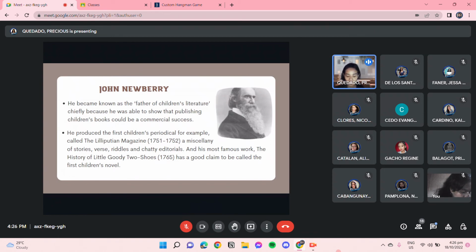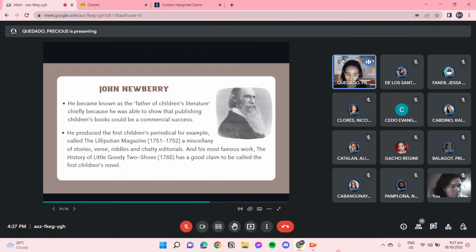This may have been because he made most of his money selling medicine and publishing for adults. But what really happened after he discovered that he could advertise and commercialize children's literature, that he could sell children's books to the masses, is that it boomed. And even after John Newbery died, his descendants were able to continue his business, his legacy. And until the 1900s, this business of printing and selling children's books